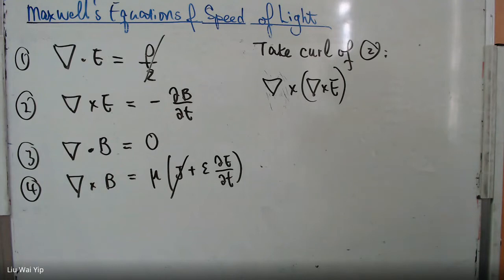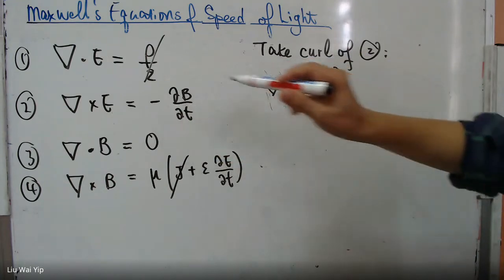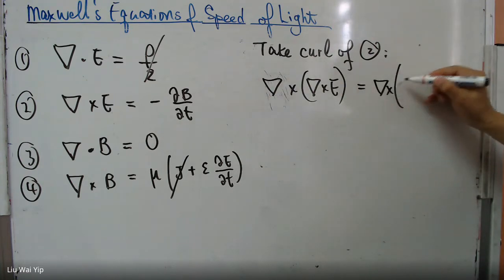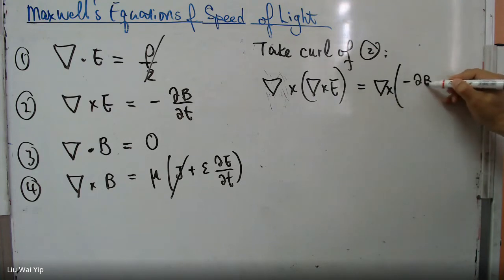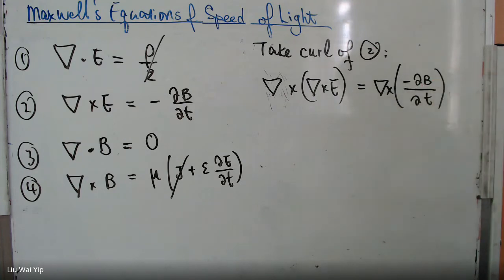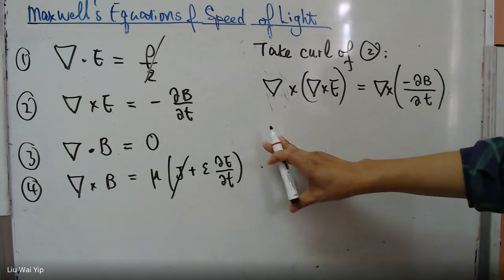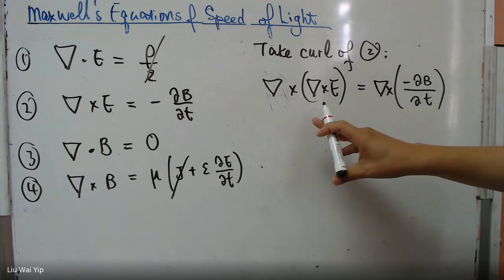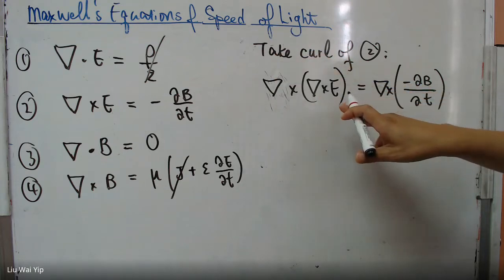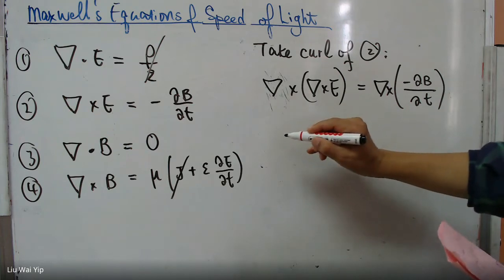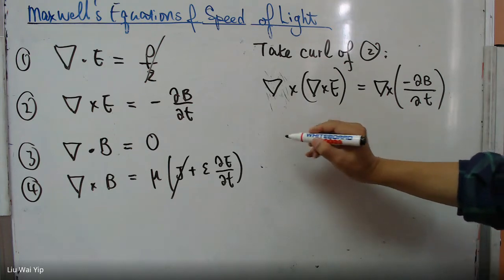We end up with this expression. And if you take curl on the right side of equation 2, you have this one here. And we can apply some vector calculus identity to simplify the equation. The left side of this equation can be simplified into this one,